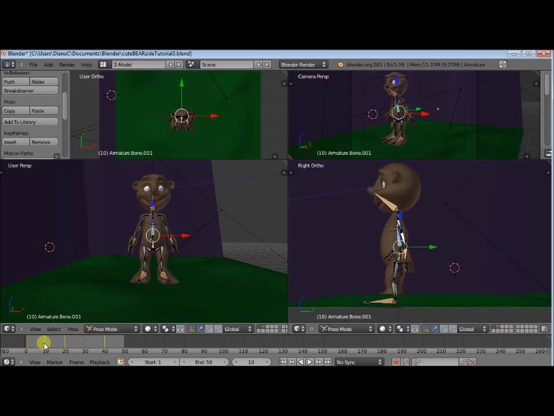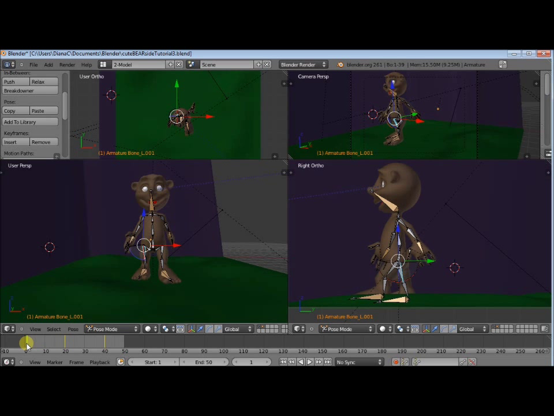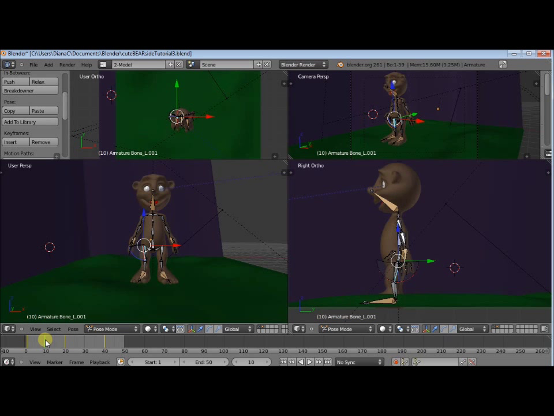I'm saying keyframe 10, but I'm not sure if this is an actual keyframe or just frame 10. So I'm sorry about that. I'm just going to call it frame from now on. And we're going to select, when we were at 0, the leg that was back was the right leg. So we're going to go to frame 10, and with the back leg selected, we're going